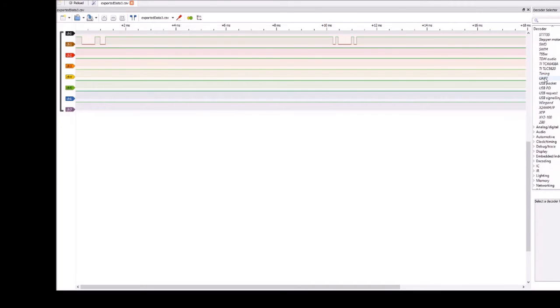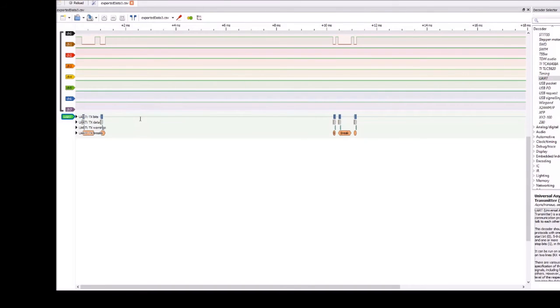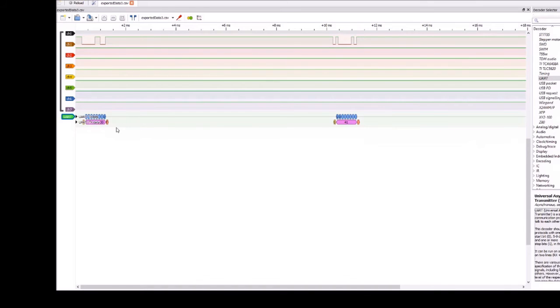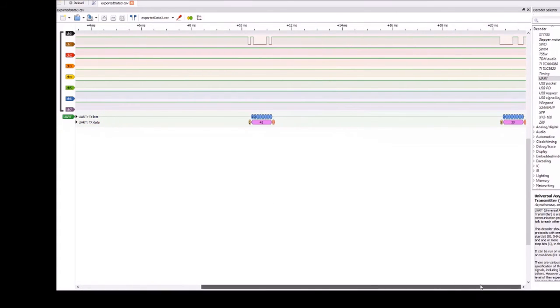So in this case, I want the UART decoder. I know that the TX line happens to be channel 1. I know that it's not that. Data bits, parity, okay. And you can see we get the same 30, 41, 30, which is the same thing